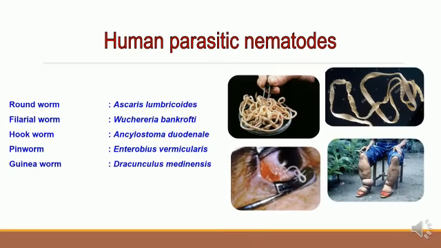Nematodes infesting humans are called helminths, and the study is called helminthology. Major helminths affecting humans include roundworms, filarial worms, hookworms, pinworms, and guinea worms. First, the intestinal worm, Ascaris lumbricoides. In humans, it causes symptoms of abdominal discomfort, fever, coughing, nausea, and vomiting. The roundworm passes its eggs in the human stool. Eggs of helminths can be seen in soil contaminated by human feces or uncooked food contaminated by soil that contains roundworm eggs.